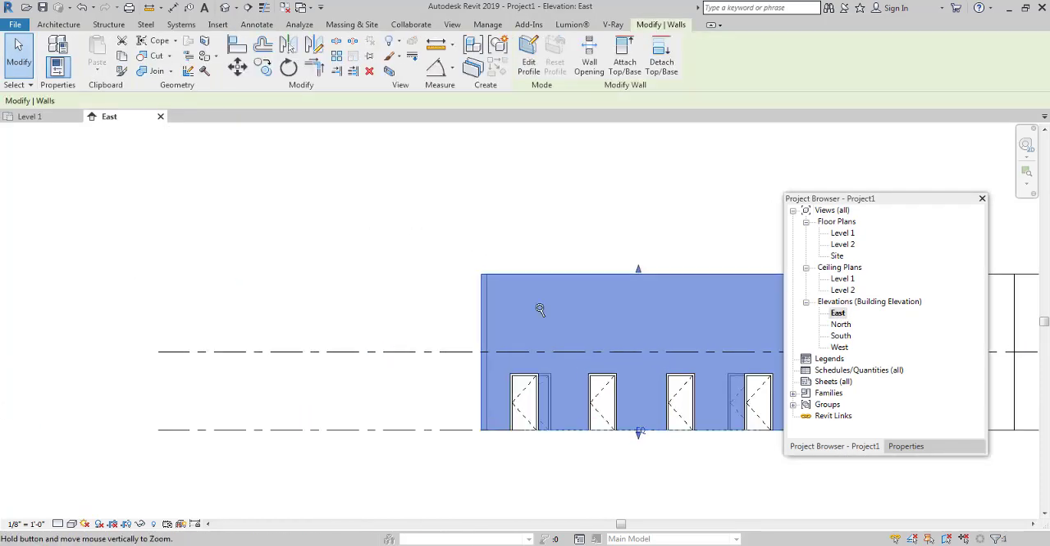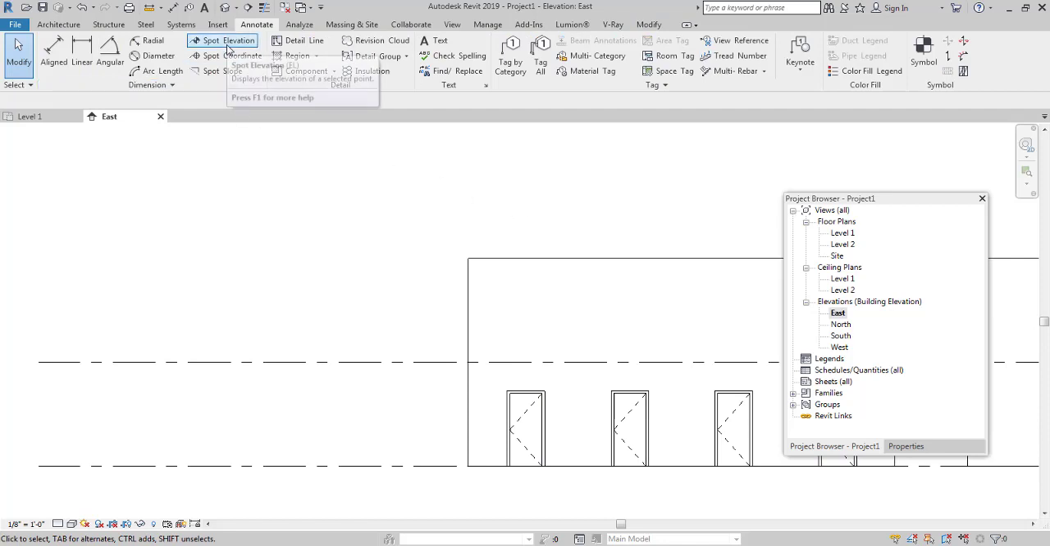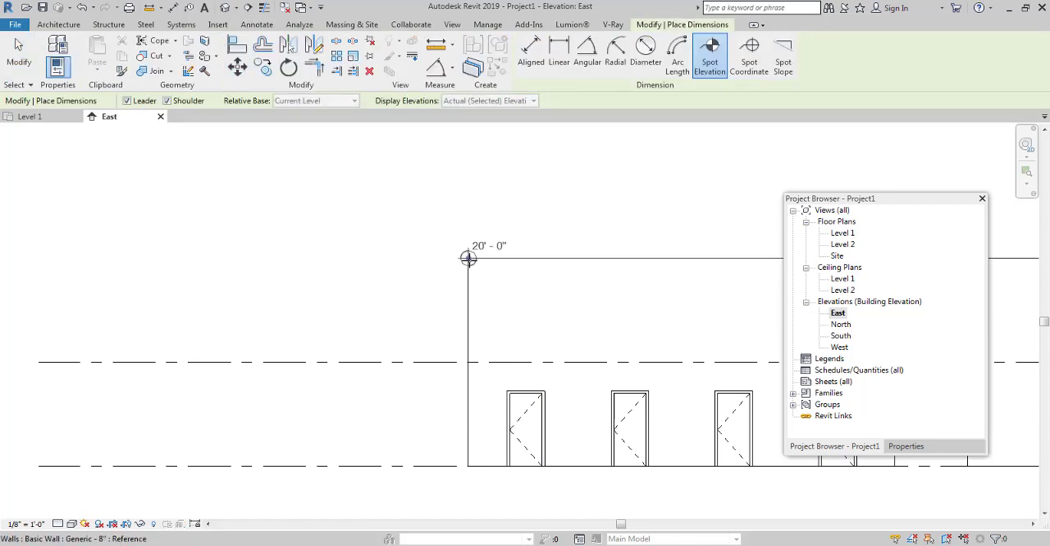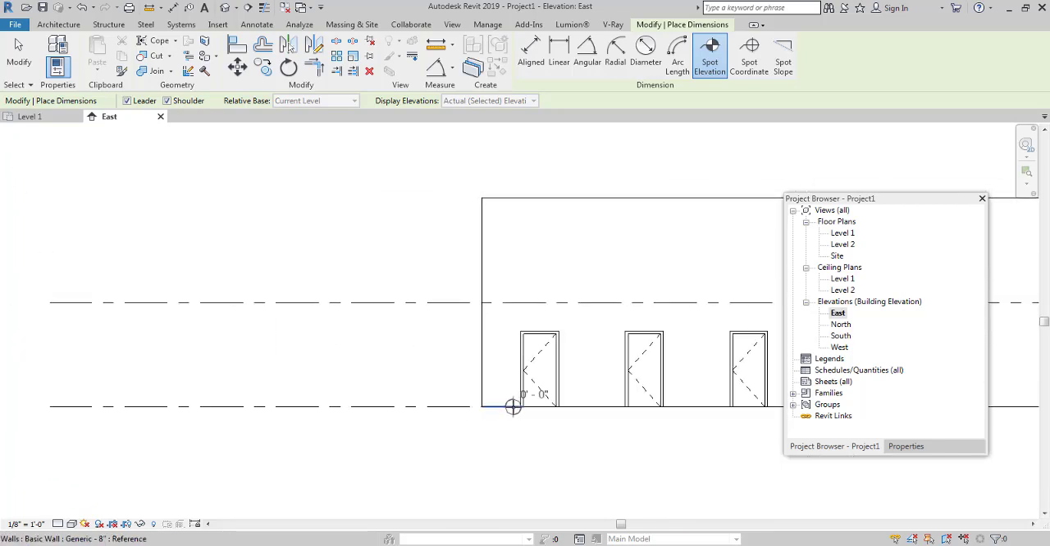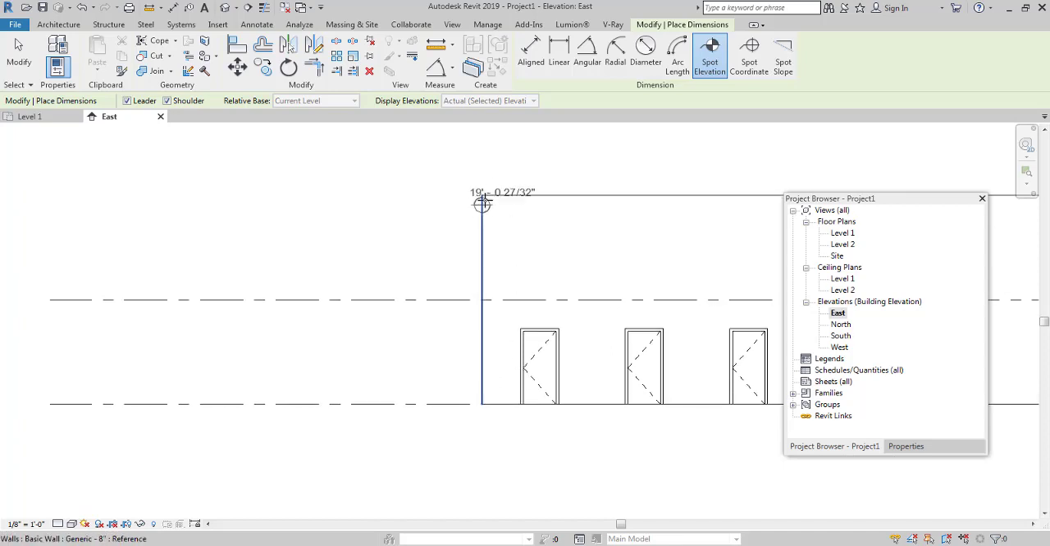These are one of our walls. Let's start with spot elevation. Select spot elevation. Spot elevation basically tells us, as the name suggests, the elevation of how high the wall is from an individual reference. The reference obviously in this case is level 1, and as we go all the way up,